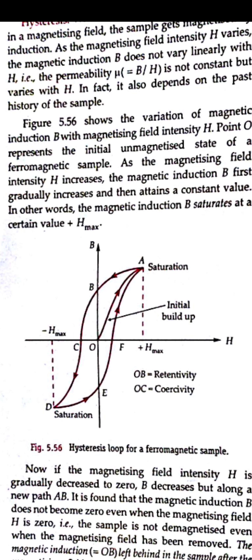So again, on increasing the value of H, the value of B will also increase. Again we will get a loop which will converge at point A, that is, again it will come to saturation. So what we are getting is a loop, a closed curve, which we got by the magnetization of the ferromagnetic material. This loop is said to be the hysteresis loop, and the phenomenon is said to be hysteresis. Okay, we have learned this in the previous class also.